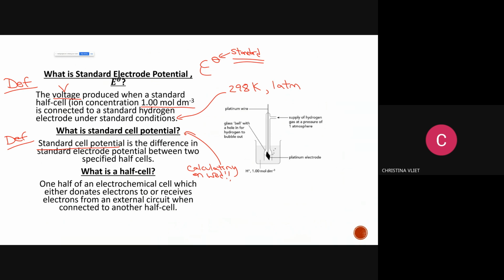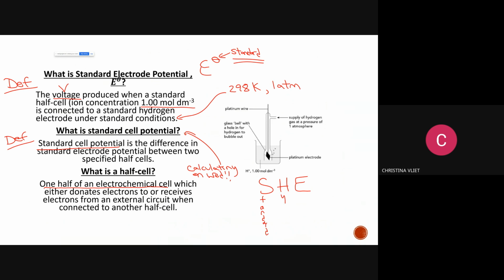All right. And then finally, what is a half cell? This is 1/2 of your voltaic cell or your electrochemical cell. And it's either your anode or your cathode. So the half cell is where you have half of what's going on. This is a half cell. This is the SHE, which I did tell you is something they're going to ask you to memorize, the structure of the SHE. SHE stands for